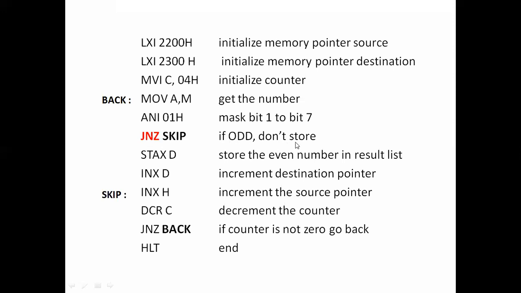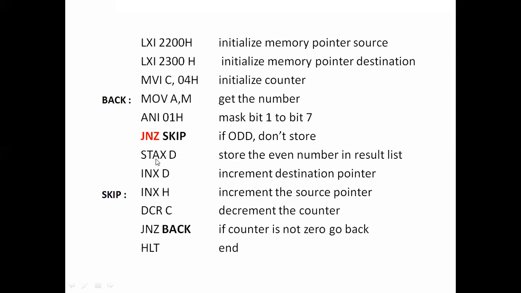If we do not have to store that number, we will skip. After skipping, it will increment the pointer, decrement the counter, and go back. But if the number is an even number, it will not jump because the zero flag is set. So it will use the instruction STAX D. What this instruction will do is